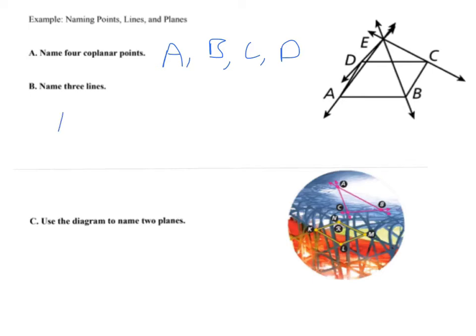So I could say AB, I could say BC, I could say CE if I wanted to, I could say EA if I wanted to, but this would actually be wrong because I didn't actually name the lines, because remember, when you name a line, you have to put a double-sided arrow above the name of the line